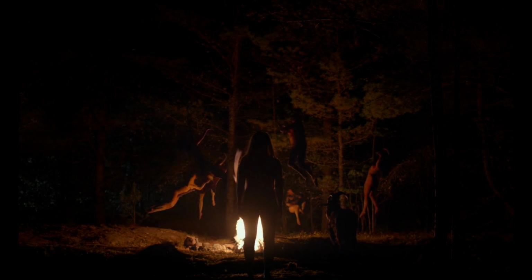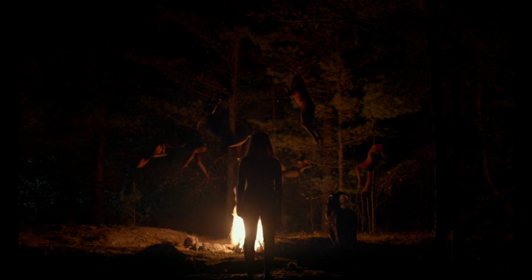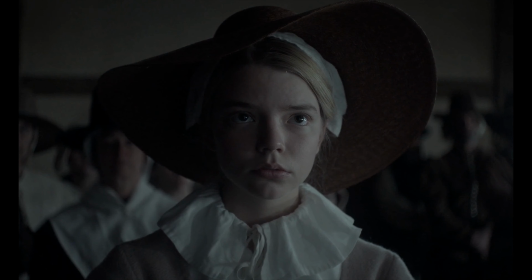The Witch, aka The VVitch, directed by Robert Eggers, stands as one of the most visually striking indie horror films